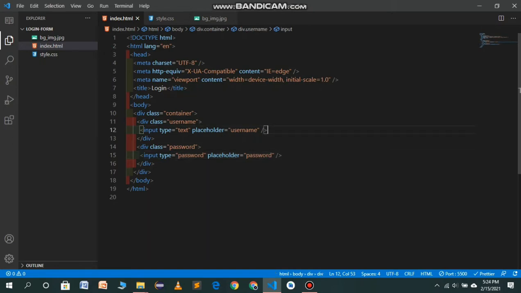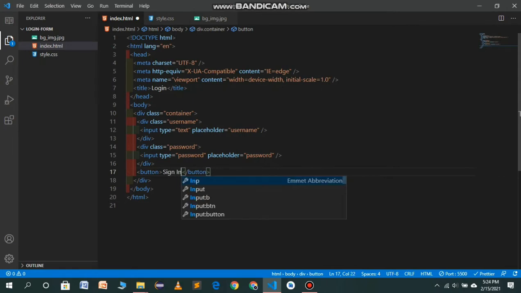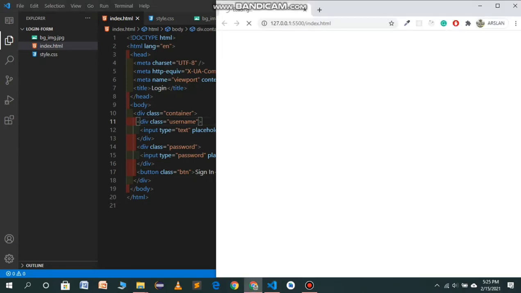But first of all I have to add a button. The button will be sign in, and we will give it a class of btn. Now open it with live server. Let's see how our file is looking right now.